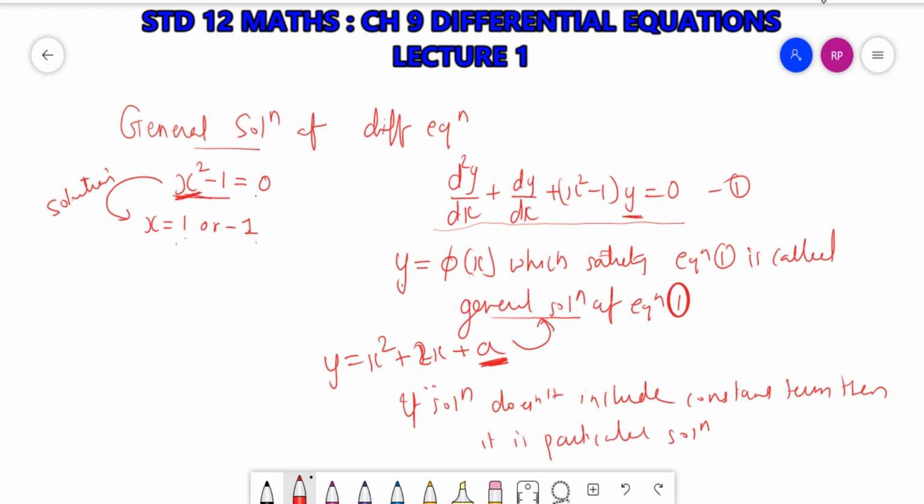Okay, clear? And sometimes we'll go reverse, sometimes the solution is given and we have to find out the differential equation. So you have to remember, if there is one constant given, that means you will differentiate it only once. If there are two constants given, then it becomes necessary that you will be differentiating twice. So the number of constants equals the order of differential equation. Clear? But remember, if it is a particular solution, then there will be no constant term in the solution. Clear? Now, based on this concept, we will start exercise 9.2.